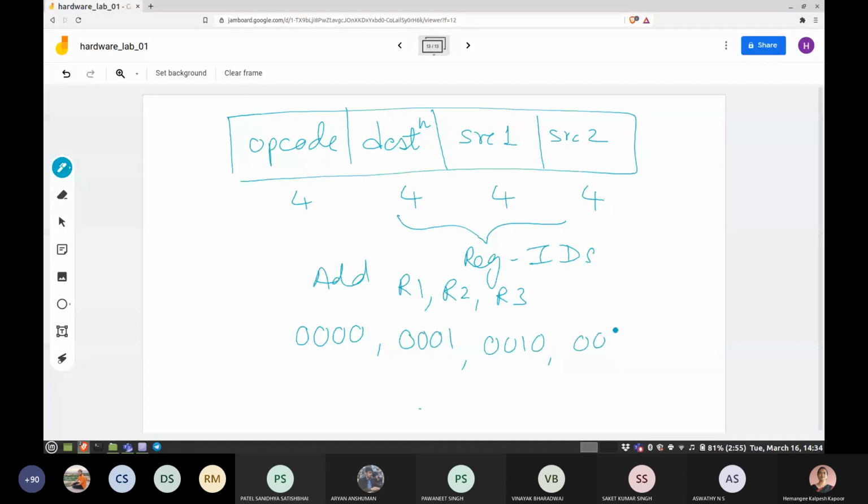These 16 bits will be stored in RAM. Your RAM address 16 will have this instruction kept. You have to read the RAM into a temporary variable in your program and then decipher all these 4 different fields. So you have to decode. What is decode? Understanding these 4 parts. If you read the MSB side 4 bits, you know this is the opcode, so you store it in a variable called opcode. This one you store in a variable called D, this one in S1, and this one in S2.